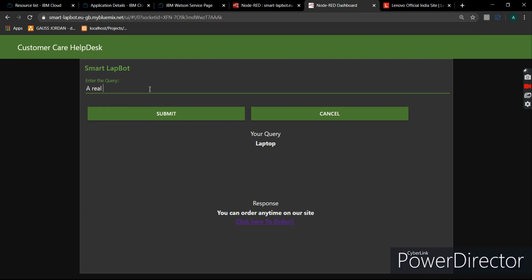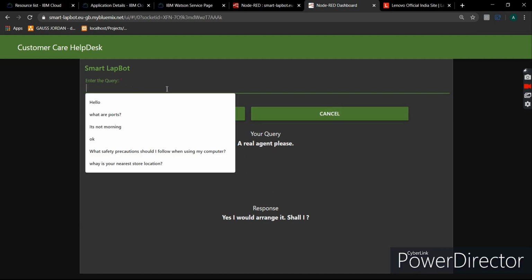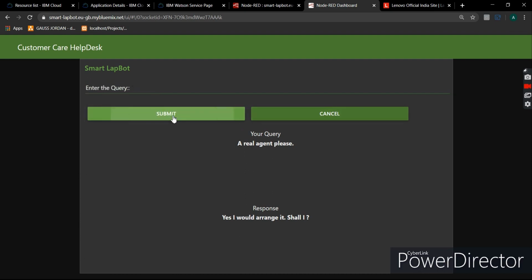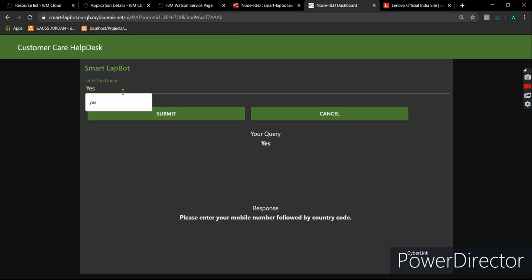Now let's use another one, like if someone gets angry and is not in a mood to ask or query from the chatbot, then he can ask for a real agent. If I say a real agent please, then it says yes, I can arrange, shall I? If in response I type yes, it says enter your mobile number followed by country code.